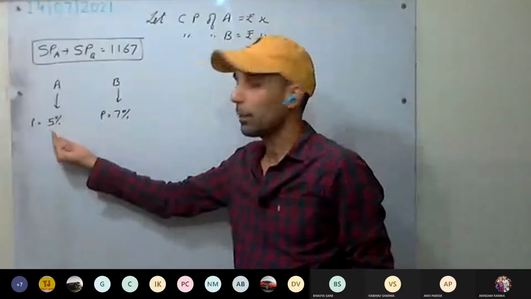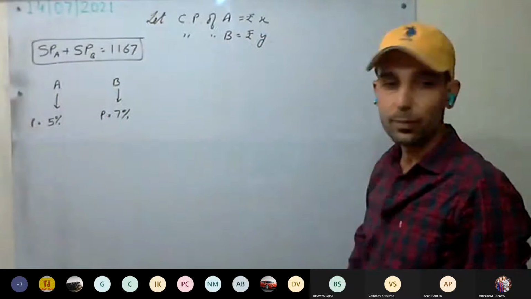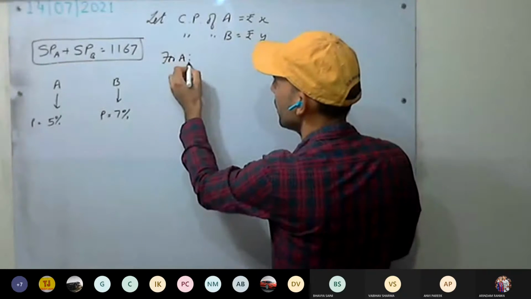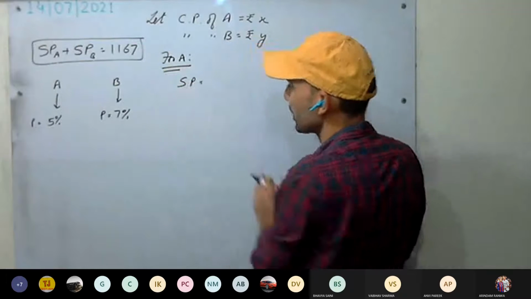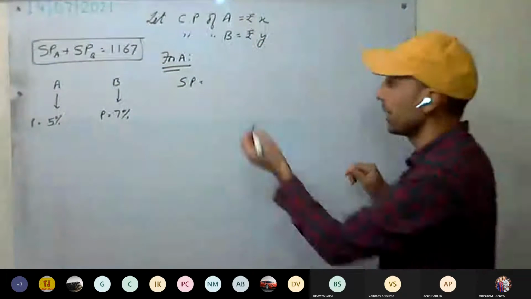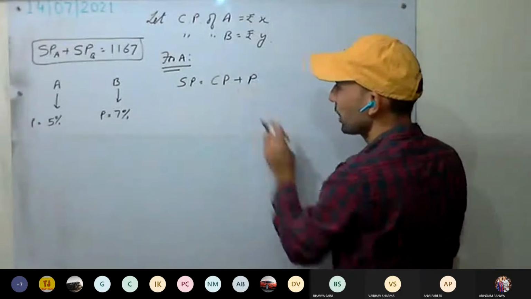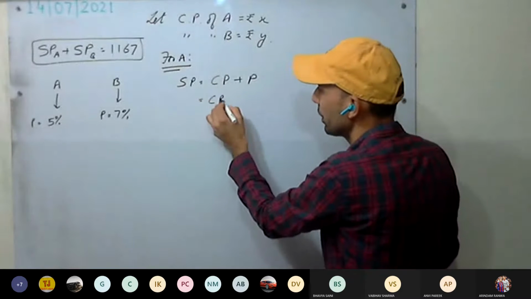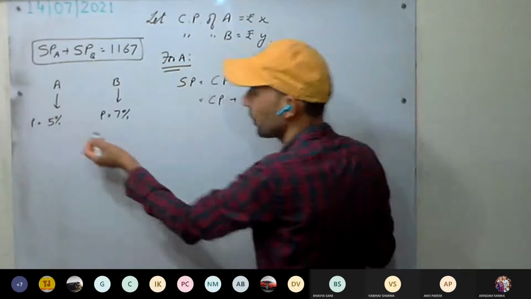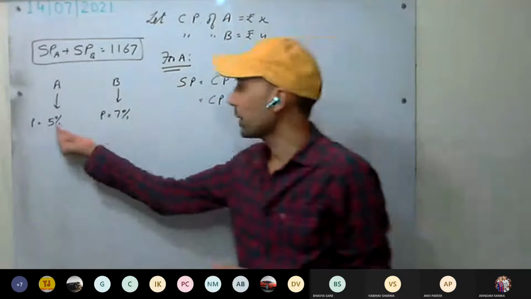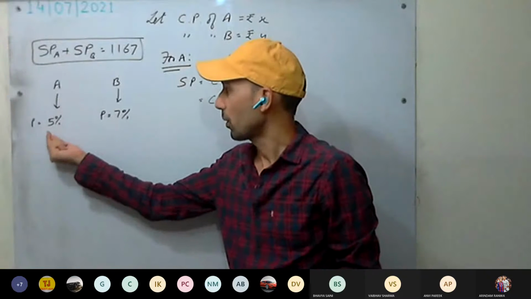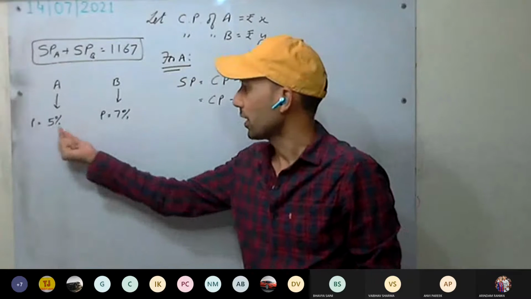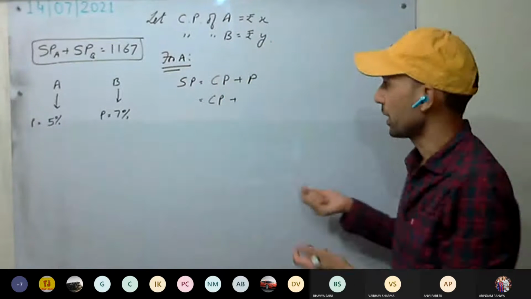Okay. So it is given that on A, how much profit is being made? 5% profit is made. So how to calculate the selling price for A? How to calculate SP? Mainly we have studied CP plus profit. This is the basic formula. Selling price equal to CP plus profit. Okay. CP plus profit, and profit percent is given. Profit percent means how much? 5% of CP. That is the profit. Profit percent we calculate as profit upon CP into 100 and put the percentage sign. Now if we have to calculate the profit, we have to multiply with CP.